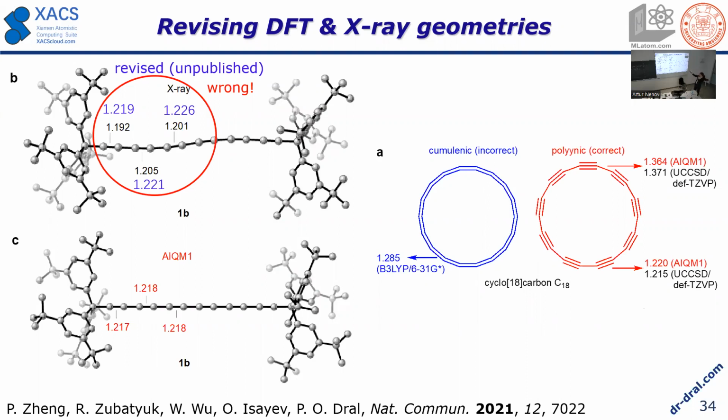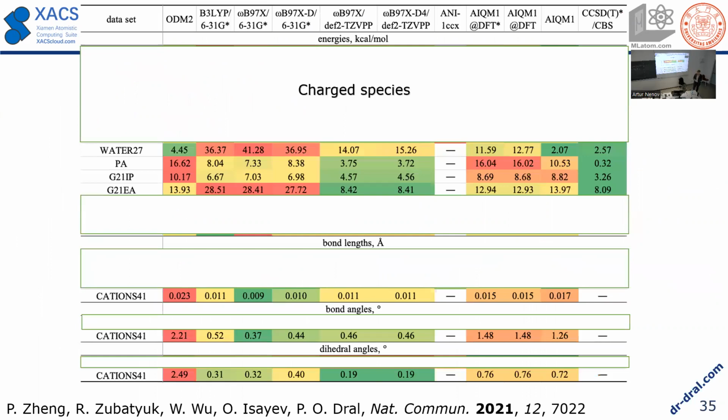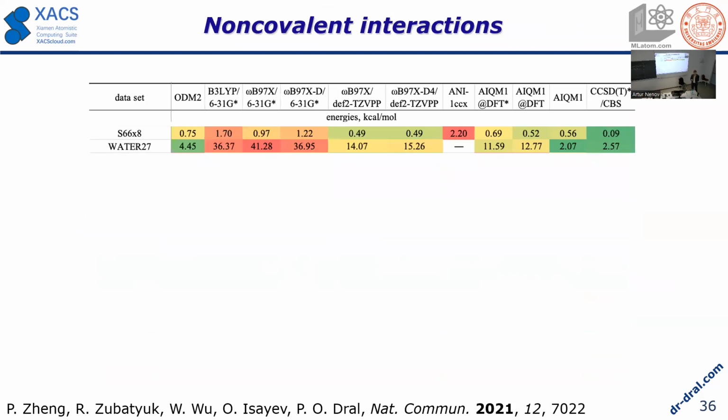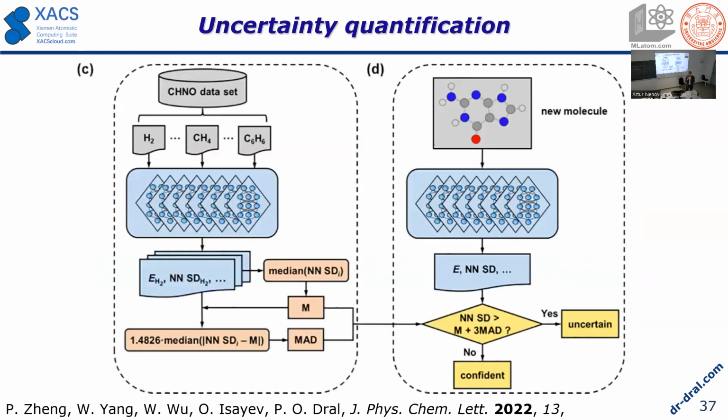They're very fast, and there are some issues with this release, which is why I don't recommend using it yet. Then it can be applicable to charged species, but again, it was not really trained for them, nor the machine learning part. But it's still good enough. It's better than some empirical methods. It's sometimes close to DFT with dispersion corrections. For covalent interaction, I would say it's not very close to DFT with dispersion corrections. Especially water is quite good, which is quite impressive because DFT really struggles with that, and this method is quite fast too.